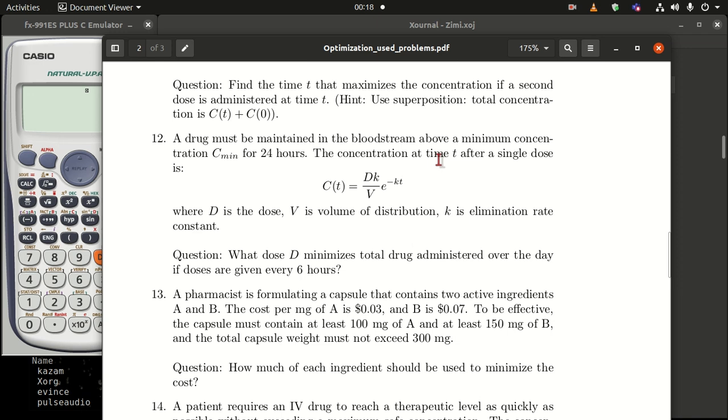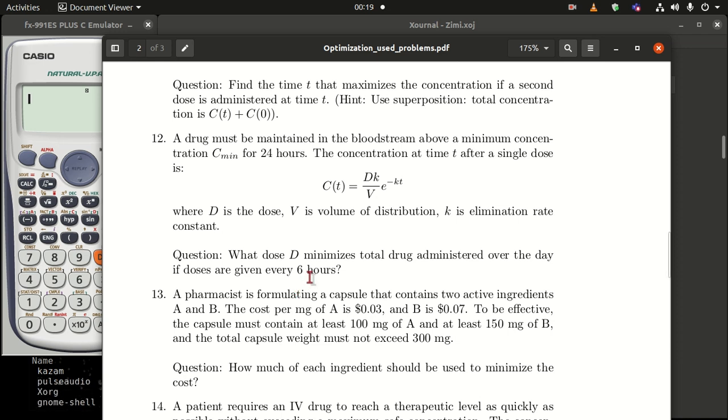The concentration at time t after a single dose is given by that, where D is the dose, V is the volume of distribution, K is the elimination rate constant. What dose D minimizes the total drug administered over the day if doses are given